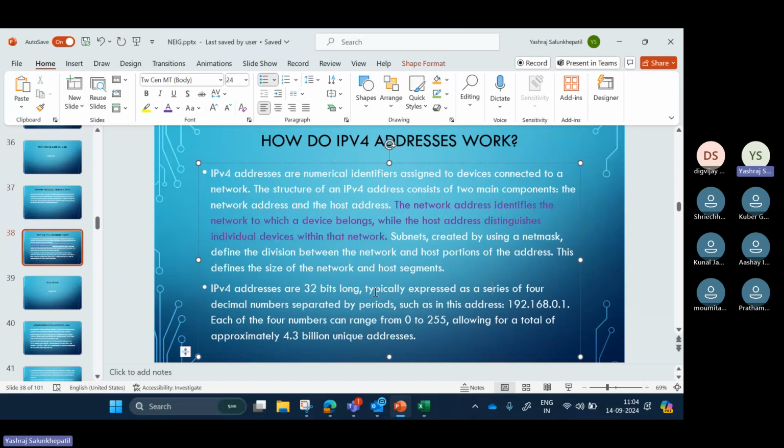So 8 bits plus 8 plus 8 plus 8 gives you 32, typically expressed as a series of 4 decimal numbers, such as the example given. Each ranges from 0 to 255, allowing for 4.3 billion unique addresses.